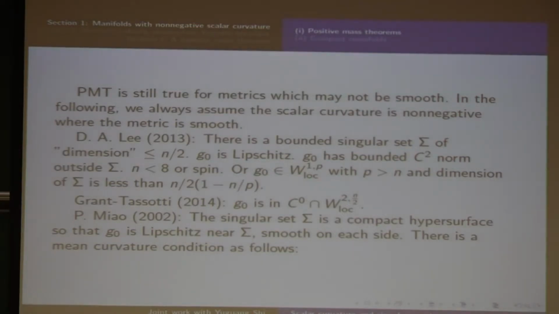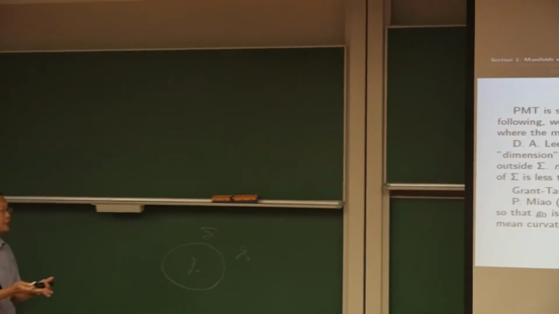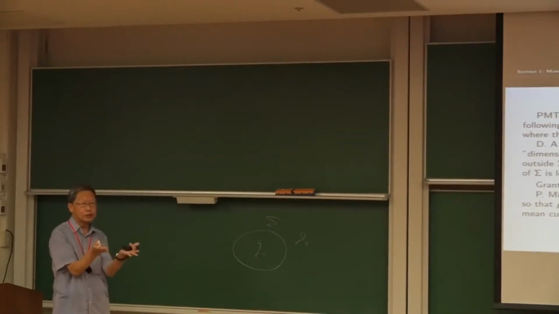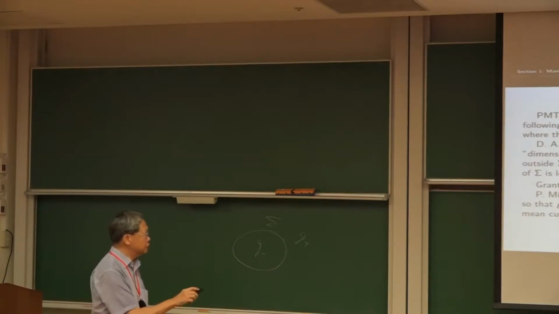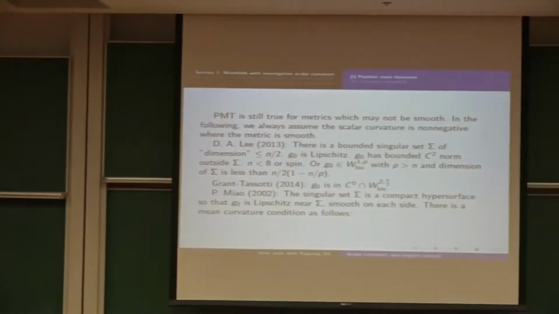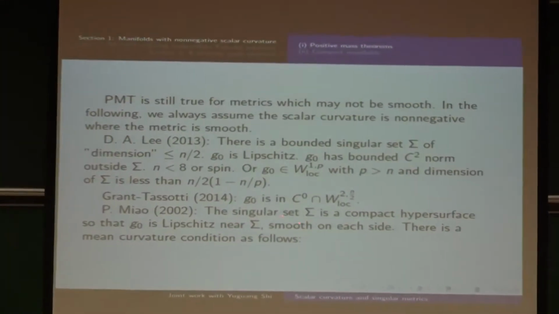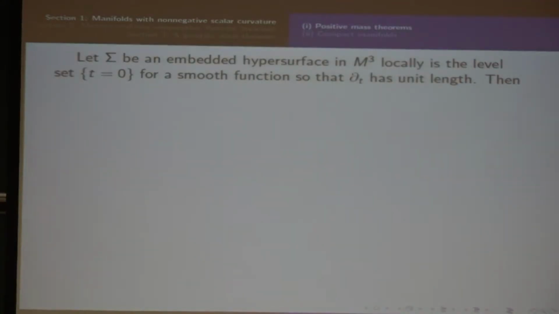And it is Lipschitz continuous. That means restricted to the boundary, they are the same. But there may be some corner. Well, we cannot just assume g naught is equal. If the dimension is small, then we can just assume this. However, if the dimension is large, just like this, then there's another assumption. Say, for example, if sigma is an embedded hypersurface in M3, and locally